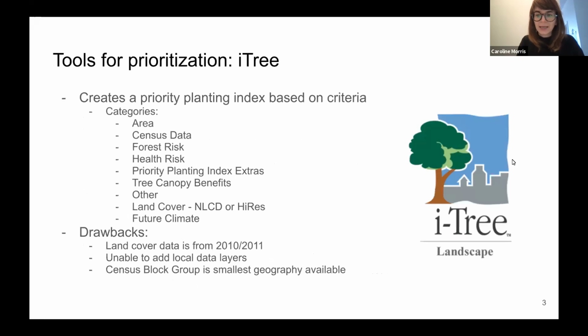So iTree is a pretty cool tool. It's free, anybody can use it. There's a bit of a learning curve, but it creates what they call a priority planting index based on criteria that you input. So it has these categories here. And yeah, you can pair census data with a bunch of different climate indicators. There's a lot of